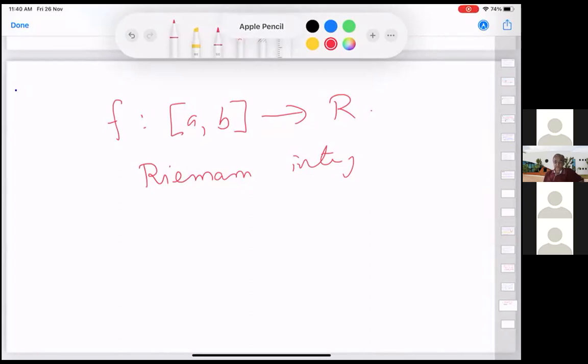Not much time left. So anyway, it doesn't matter for the day, but the point I was trying to make is the following. Suppose f is a Riemann integrable function, and we can take a to be 0, b to be 1. Suppose I take any one point, it could be 0, it could be 1, or it could be some point in between, let's say half. So I define a new function g, which is equal to f everywhere except at the point half. At the point half, I define g to be equal to -7, let's say.